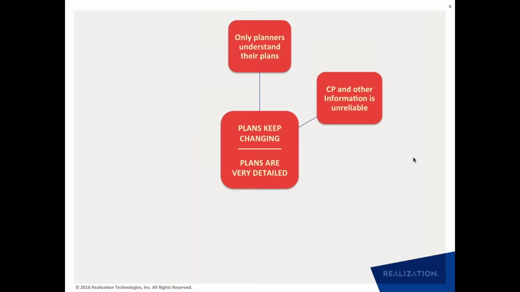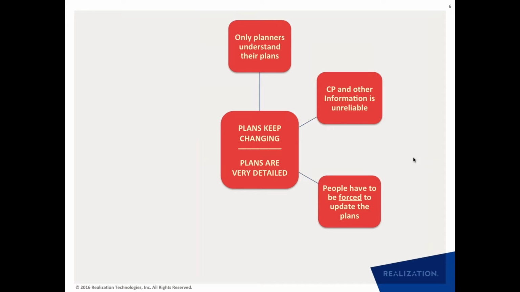And as I described in the beginning, when you're trying to understand the status of the project, or when you're trying to understand what your daily priorities are, they are all coming from this basic critical path information. And if the critical path is volatile and unstable, then the information that is coming out of the project plan is pretty much useless.